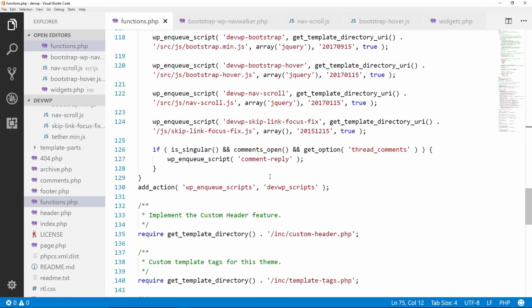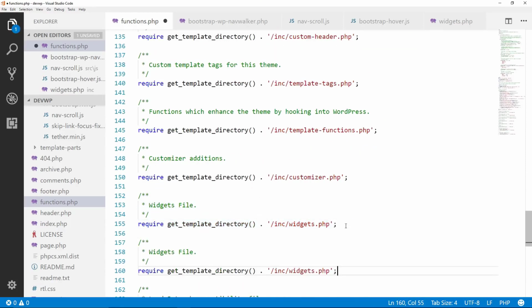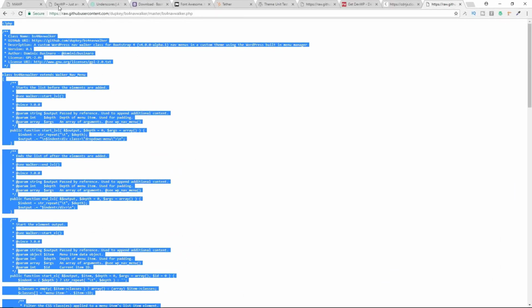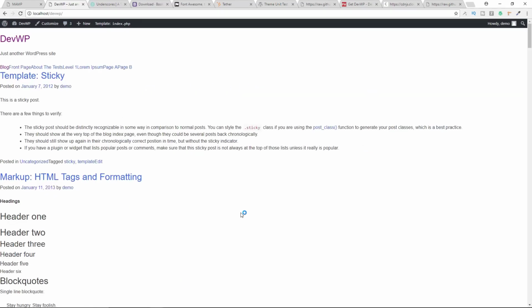So we'll go back to our functions.php file. Scroll back down to the bottom. We're going to copy that. Title it Bootstrap nav walker. And we're going to want to call that in. bootstrap-wp-navwalker.php and save it. All right, so let's see what happens when we go back to our browser, because we haven't been there in a minute, to our actual theme. Let's refresh, and now we see it changes up a little bit,